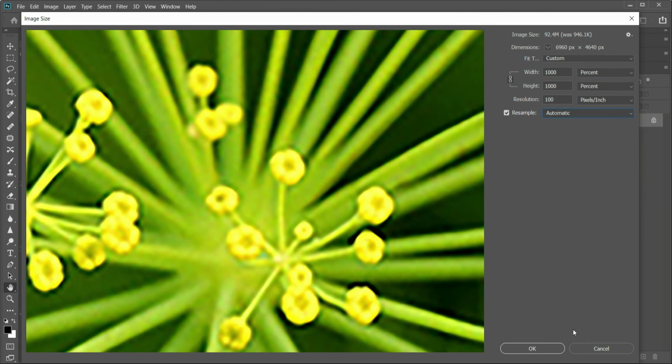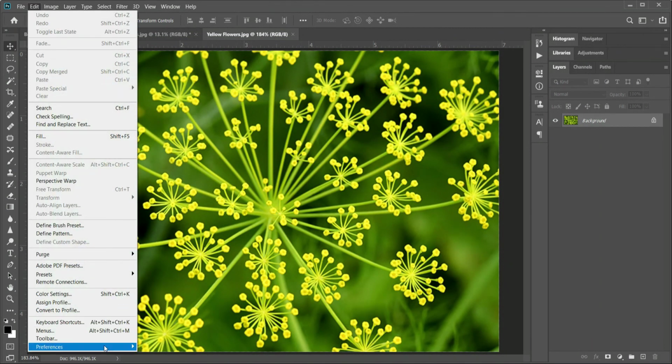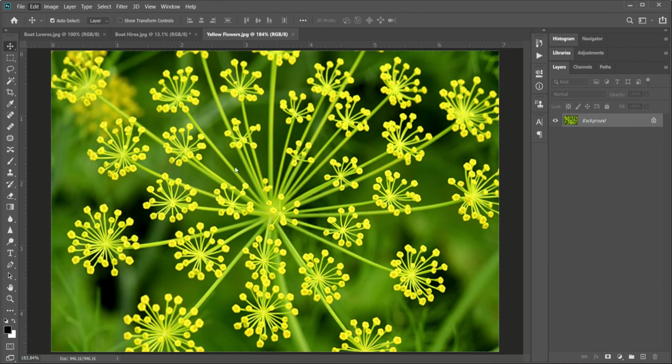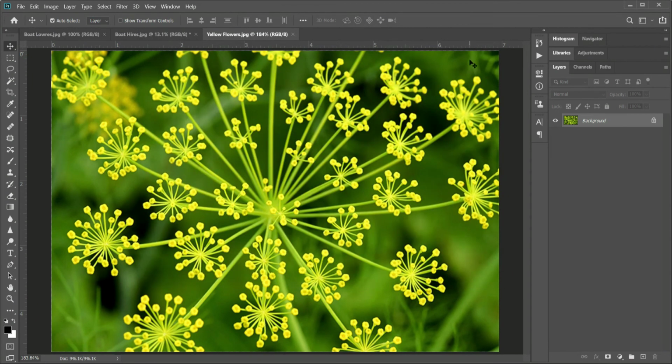To do this, cancel this dialog box and go to Edit, Preferences, Technology Previews and check the option Enable Preserve Details 2.0 Upscale and click OK. Photoshop now features artificial intelligence assisted upscaling to preserve important details and textures while resizing images without introducing distortions.